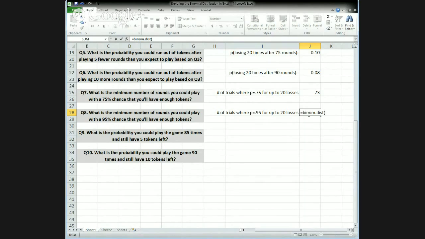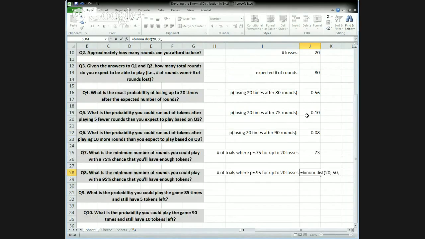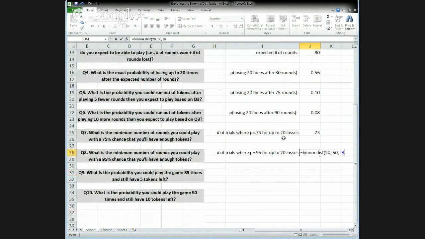We know that we need to go lower than 73 in order to get a higher proportion here, so we're going to start maybe at 50. We're going to do 20 losses out of 50 rounds with our probability of losing still being 0.25